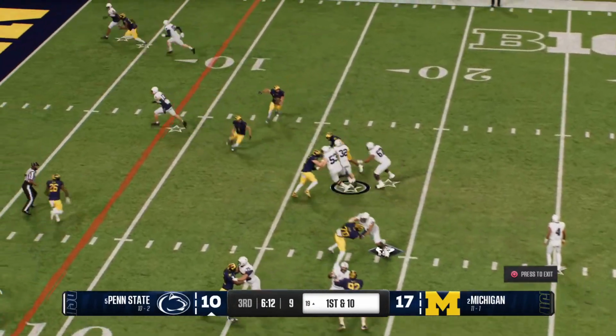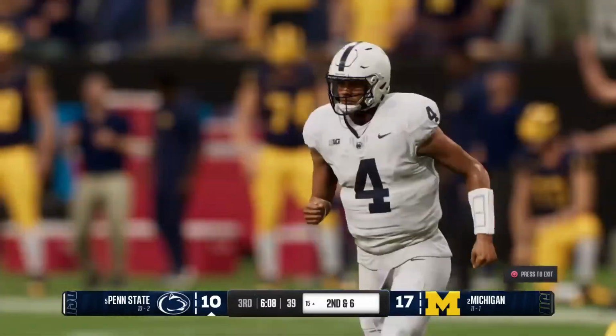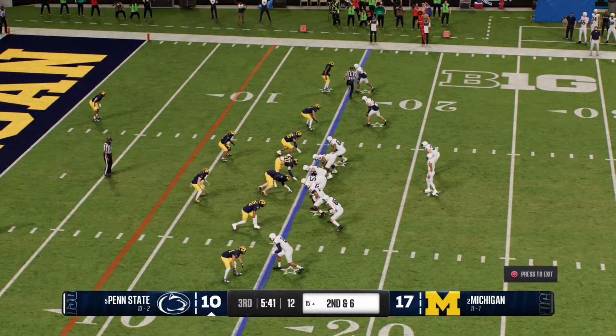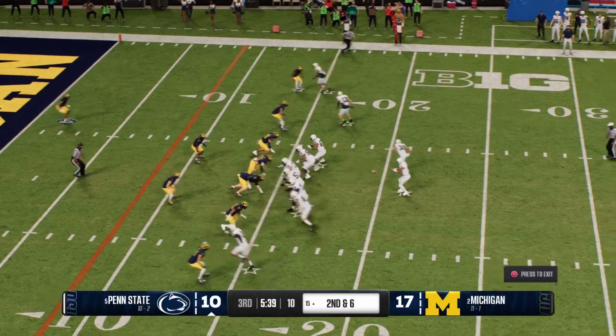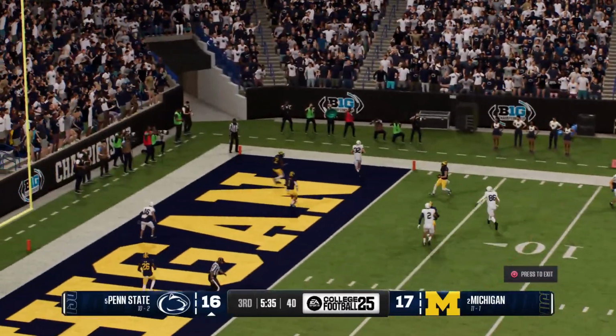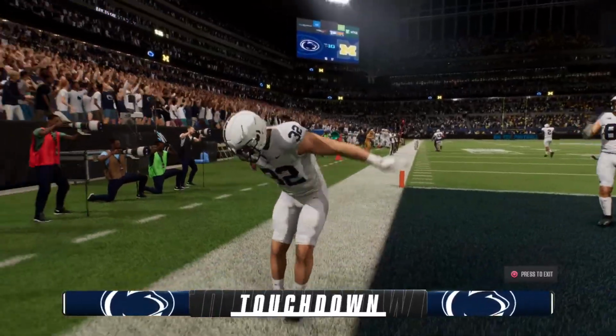Trying to flex the ground game here. Running back takes the handoff. That was a nice juke, but not much room to run. He's brought down for a short gain. That gain makes it second and medium. From the shotgun, drops back looking for an open man. Into the end zone. Touchdown, Nittany Lions.